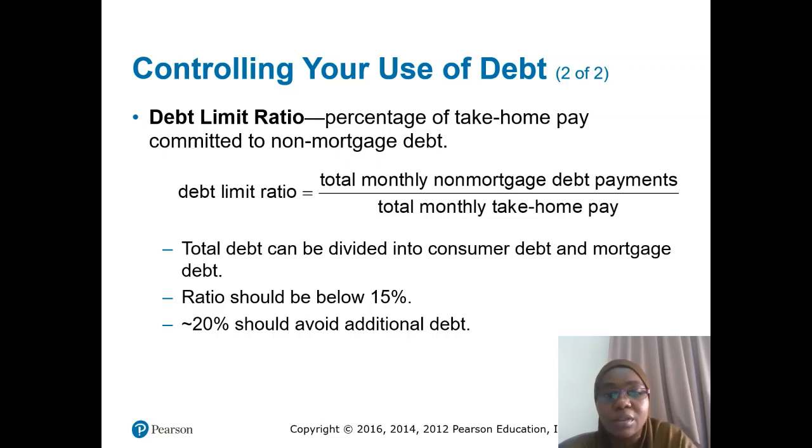The ratio should be below 15% for you to be able to manage yourself very well, and if your debt limit ratio is as high as 20%, then you should try as much as possible to avoid additional debt, because some people,